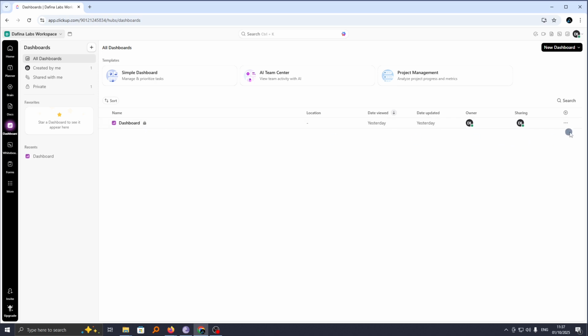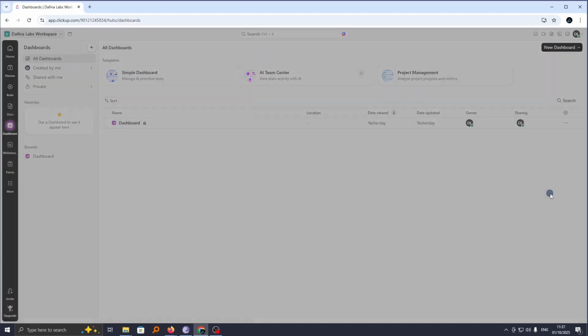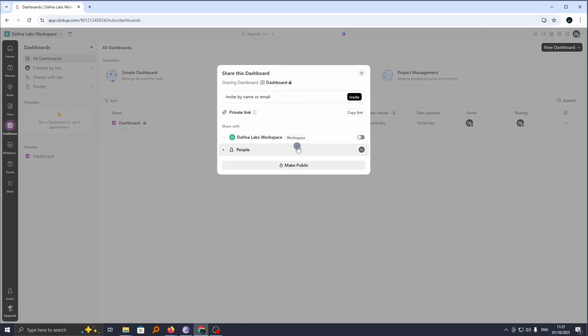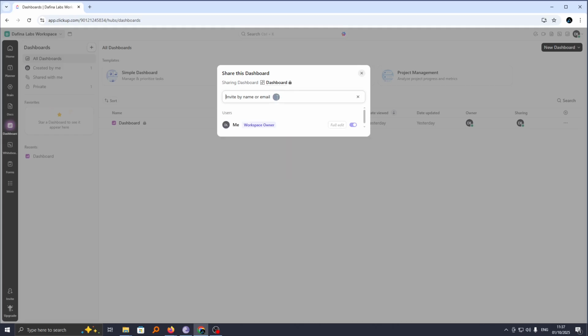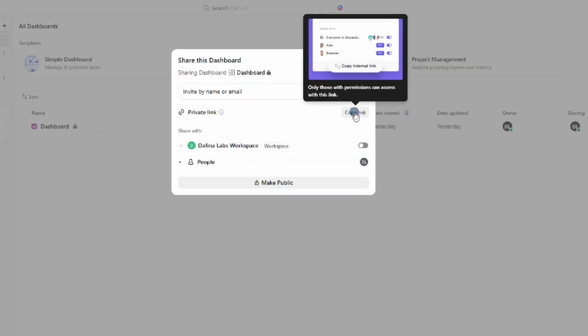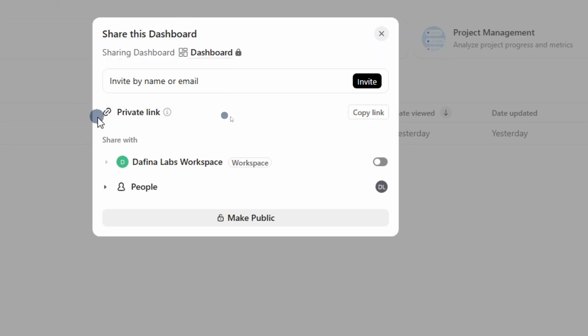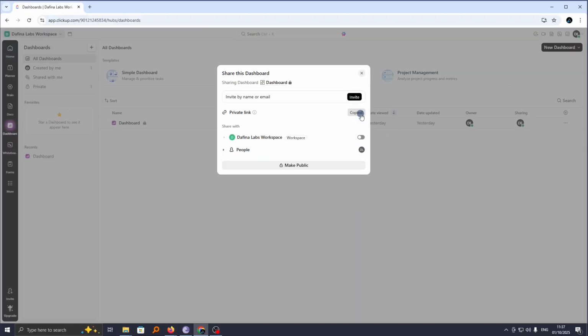To share it, head over to these three dots here and click on them, and you'll see down below share and permissions. If you click on this, now you have the option to share by name or email. So if you click here, you can go ahead and invite someone: enter the name or email of the person you want to share with. Alternatively, you can also share by link, and this is just a private link that you can copy. So if you click on copy link, the link will be copied and now you can share